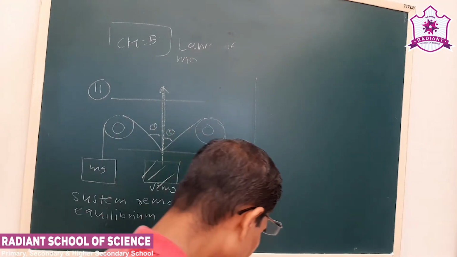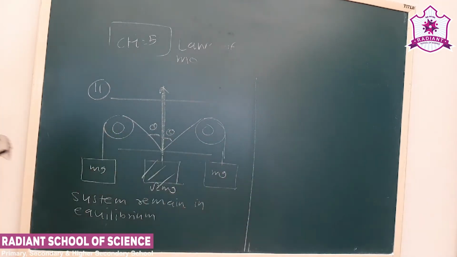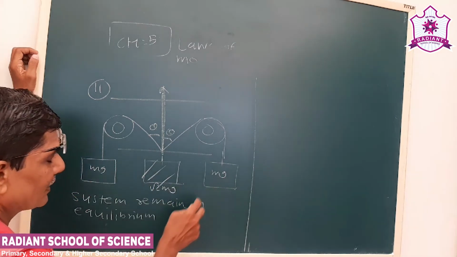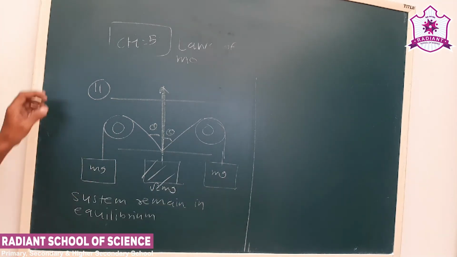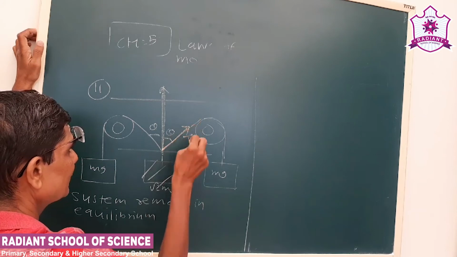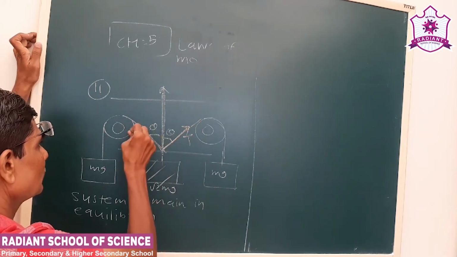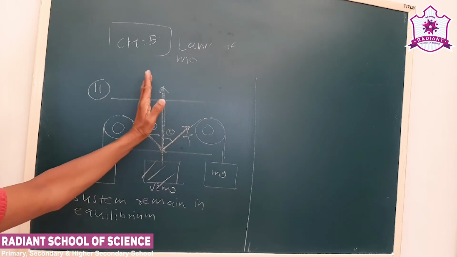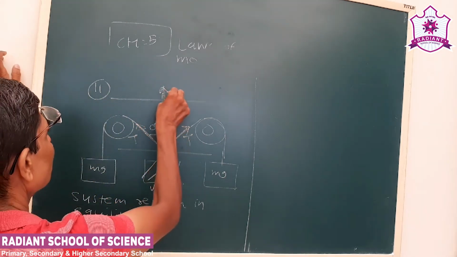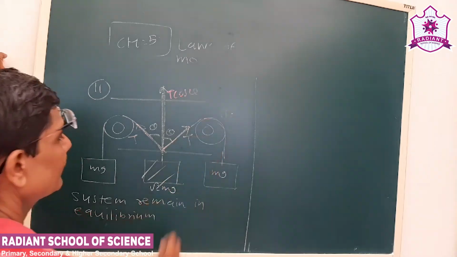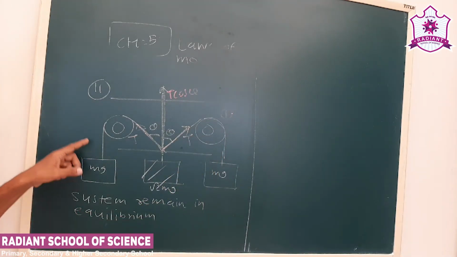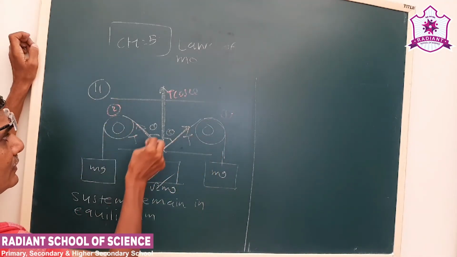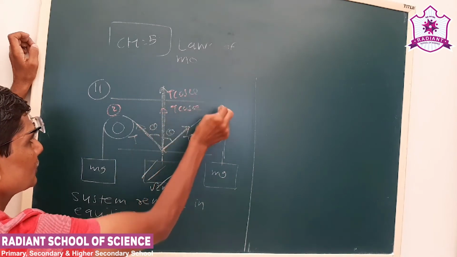Now here we have to use components of the vector. Let us say both masses are m, so let me assume that the tension is T. Here also, because of the same mass, we assume the tension is the same. See, T is the tension and the angle with this direction is theta. So what will be this? T cos theta, because of the first one. Here also it makes the same angle with the second one, so the component will be T cos theta.